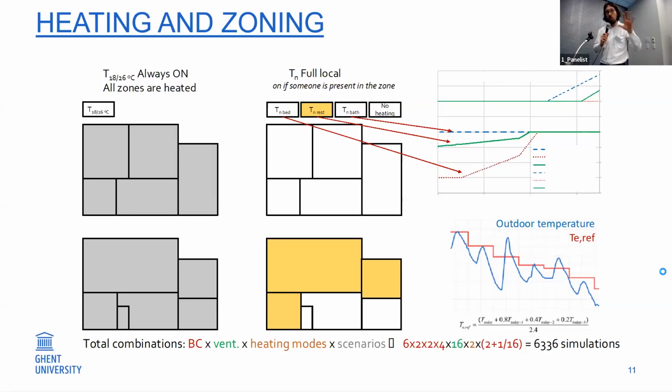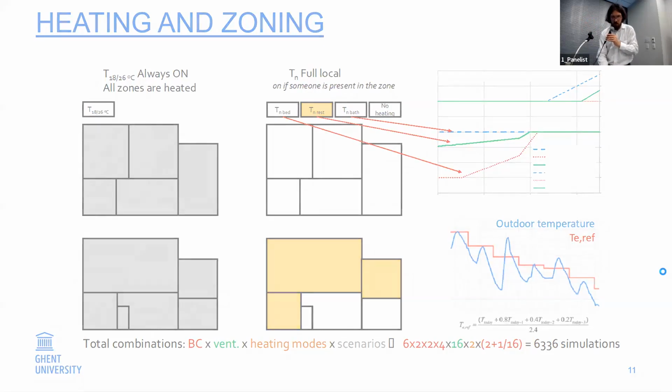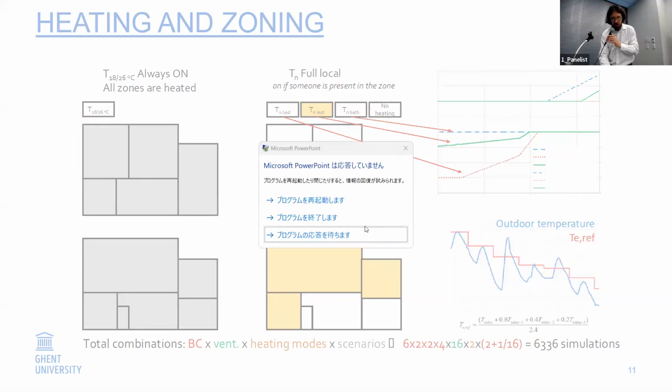So we looked at situations where the whole house is heated to the same temperature, or different zones are heated based on the occupancy schedule, or not only the zones are heated based on the occupancy schedule, but also only when a person is present in that particular zone, that zone is heated. And for all of these situations, we use heating set points that were derived from